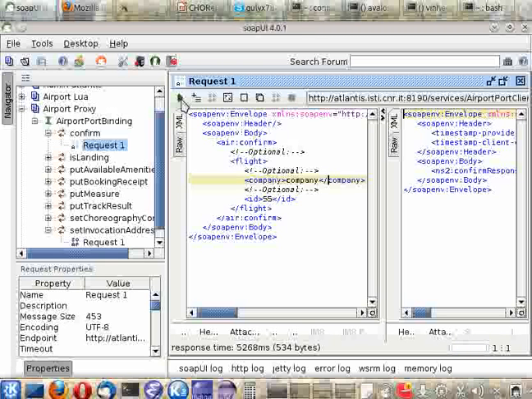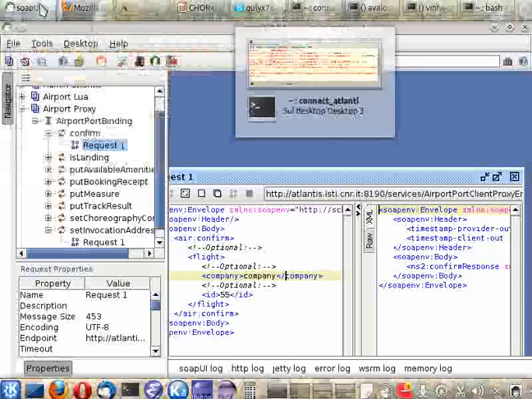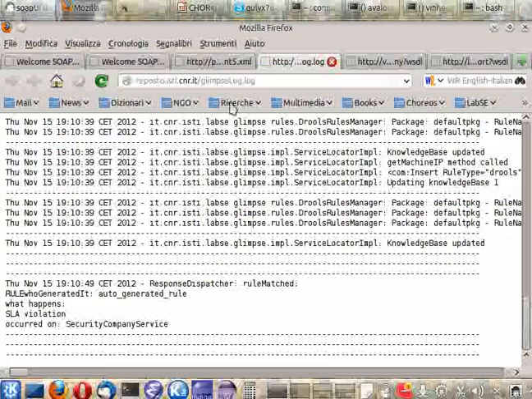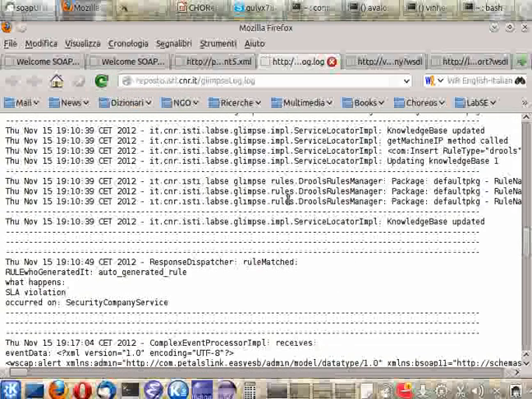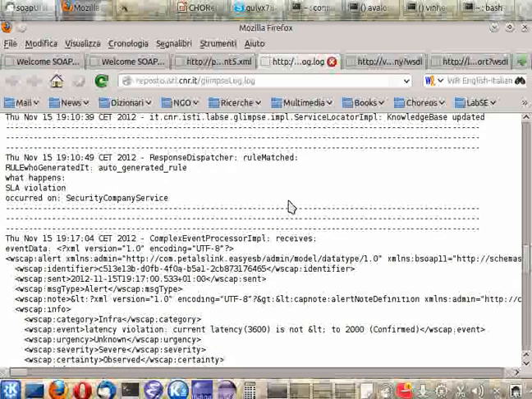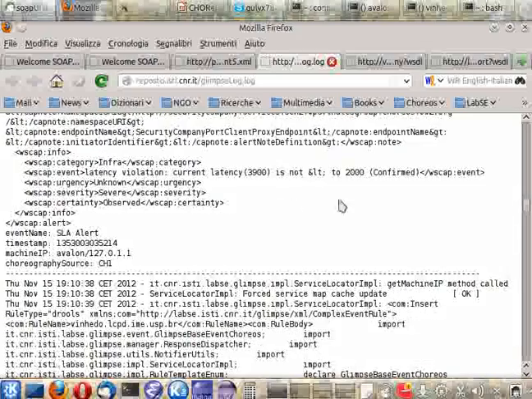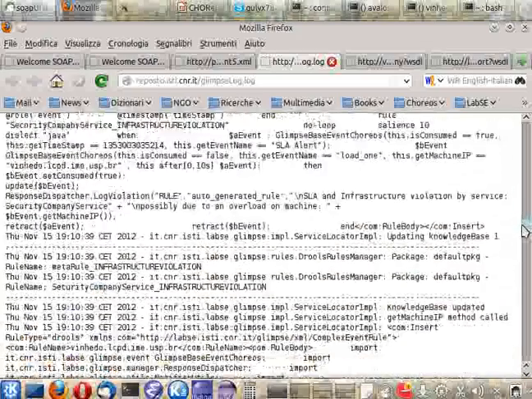Of course, we should be sure that an SLA violation is going on. Let's see. Probably this is the case. Okay, so if we query again the Glimpse log, we can see a lot of stuff. I will wrap this in order to see it better.